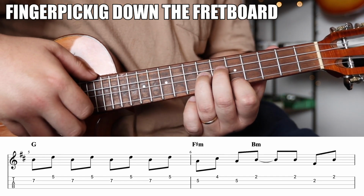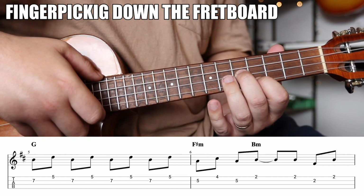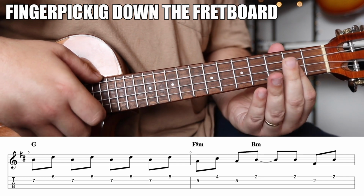1 and 2 and 3 and 4 and 1 and 2 and 4 and 1 and 2 and 3 and 4 and 1 and 2 and 4 and 1 and 2 and 3 and 4 and 1 and 2 and